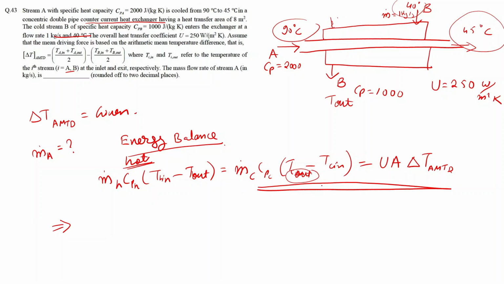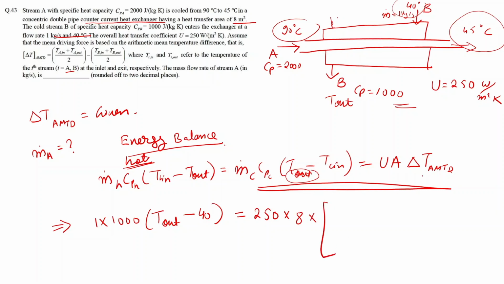The m dot c we have been given as 1 kg per second, into Cpc we have been given as 1000, and T out we haven't been provided, and T input is 40. So from this you can write 250 into area we have been provided as 8 meters square